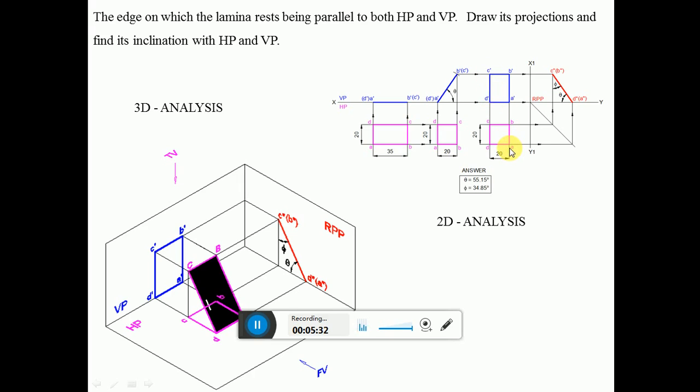Similarly, draw a vertical projector from AB to the front view. Draw a horizontal projector from B dash and also from A dash to get this line, A dash, B dash. So join this to get the rectangle. Then draw an x1, y1 line because we need to find out the surface inclination with respect to HP and VP, that is visible only in the profile view. So we need to draw the profile view.